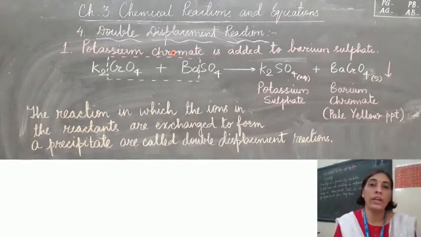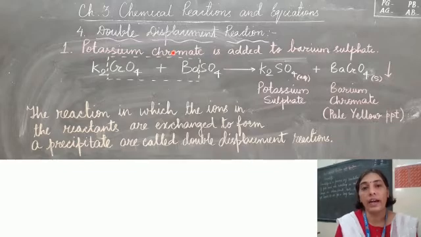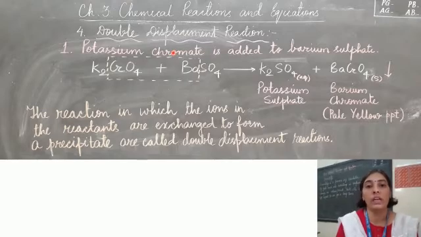In the displacement reaction, we saw how a metal of higher reactivity like iron displaced a metal of low reactivity, that is copper. So only one ion was displacing another one. Here there will be displacement between two types. So let us understand it with one example. Here we have the first reactant, that is potassium chromate. The formula of potassium chromate is